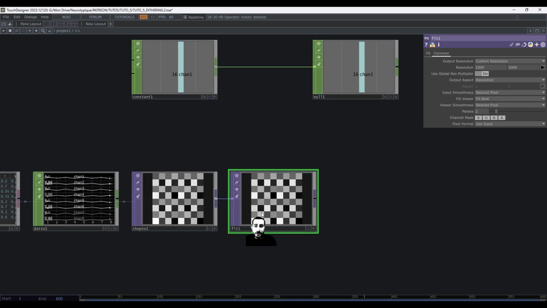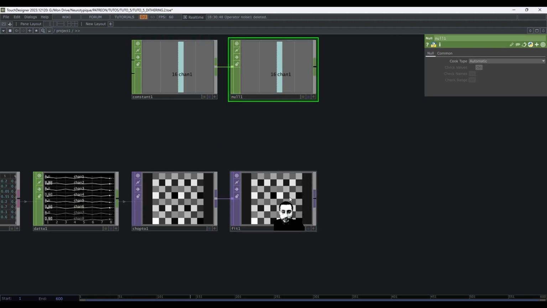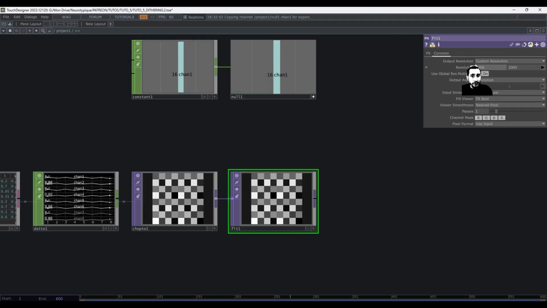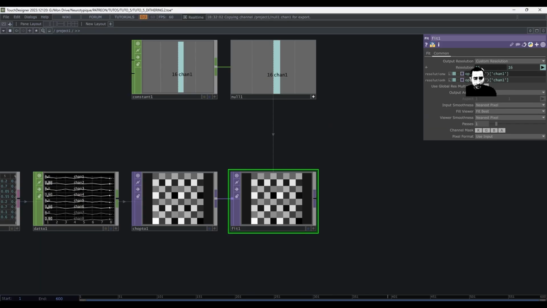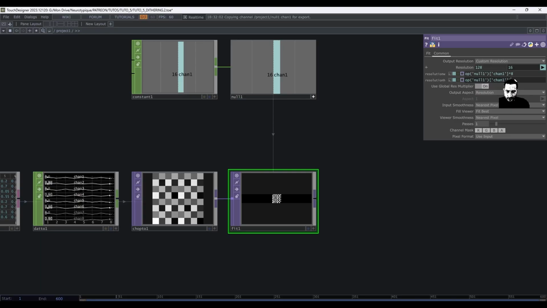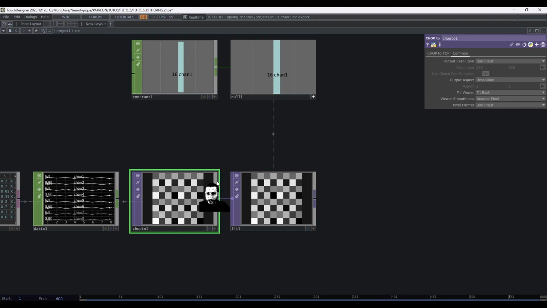We won't directly put 128 here. We just use this constant to say we want it to be 16 times 8. So 16 is operator null1 chan1, and we just multiply it by the number of pixels we have here.